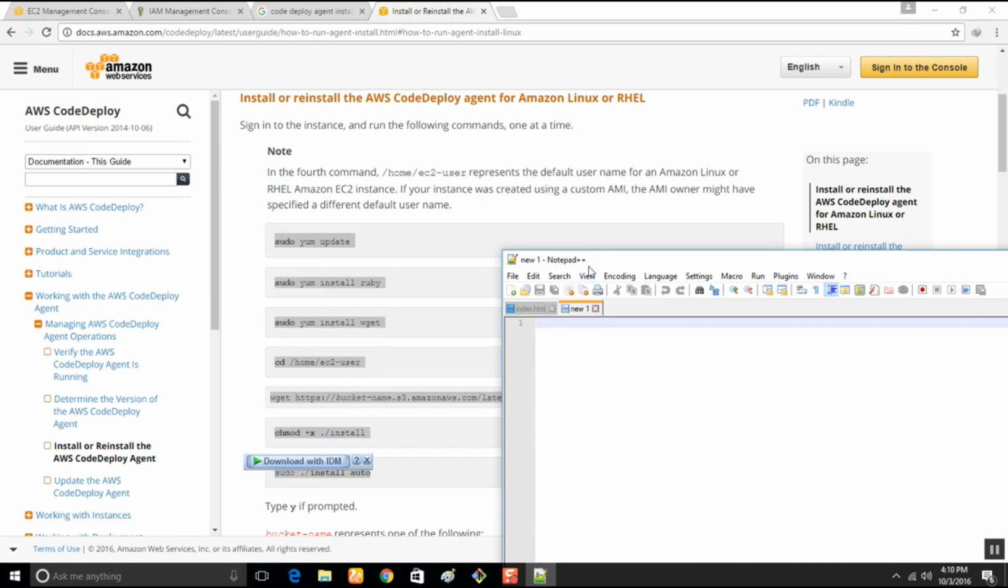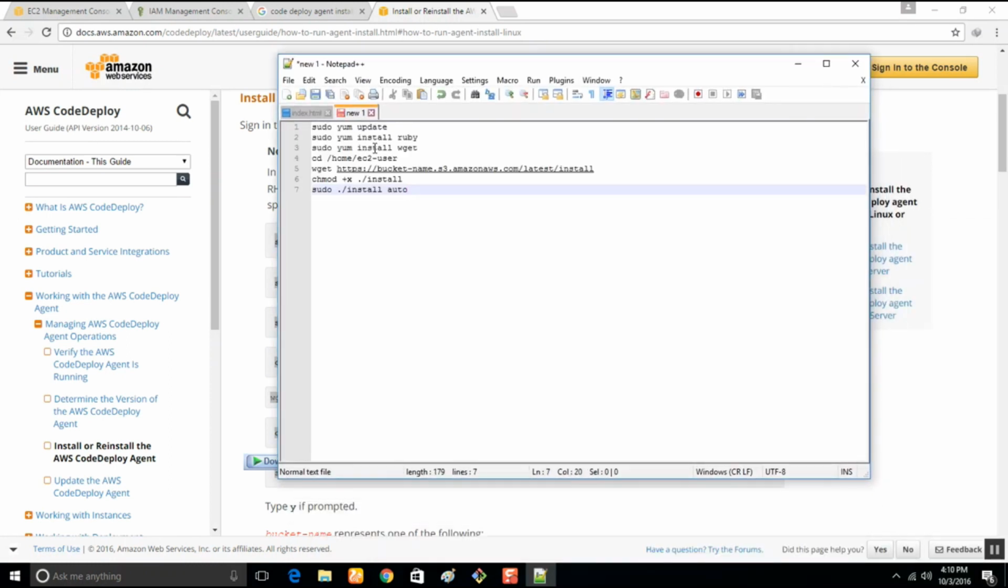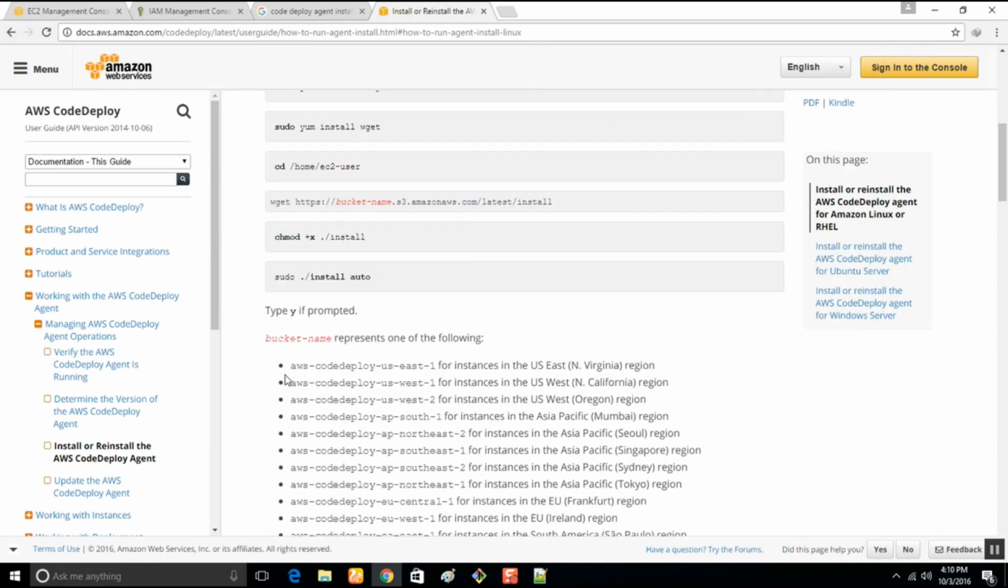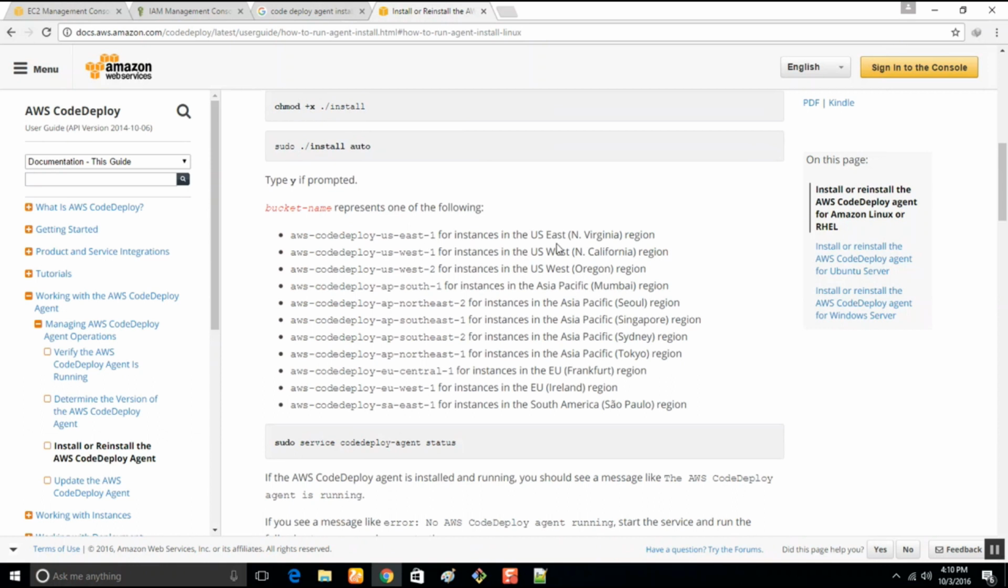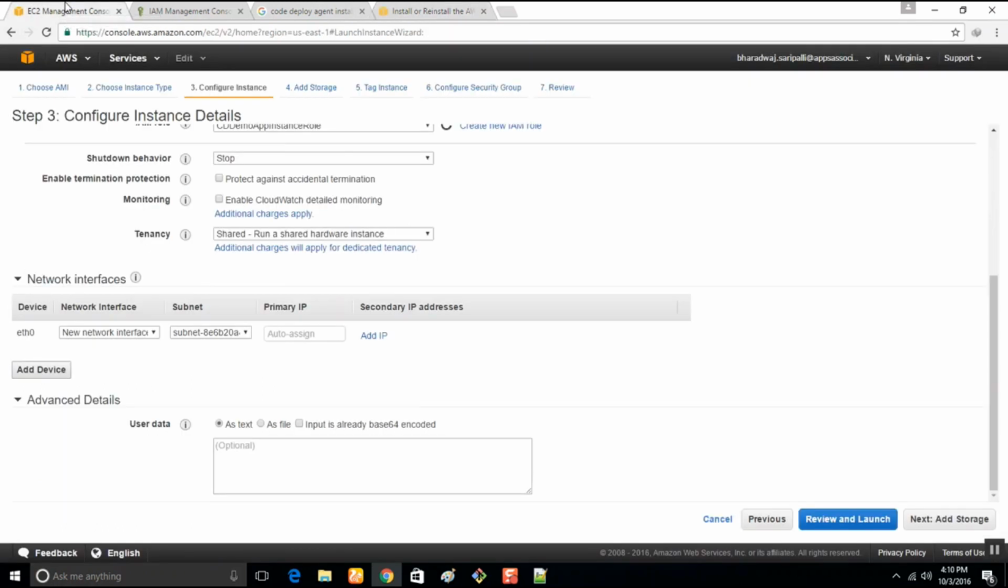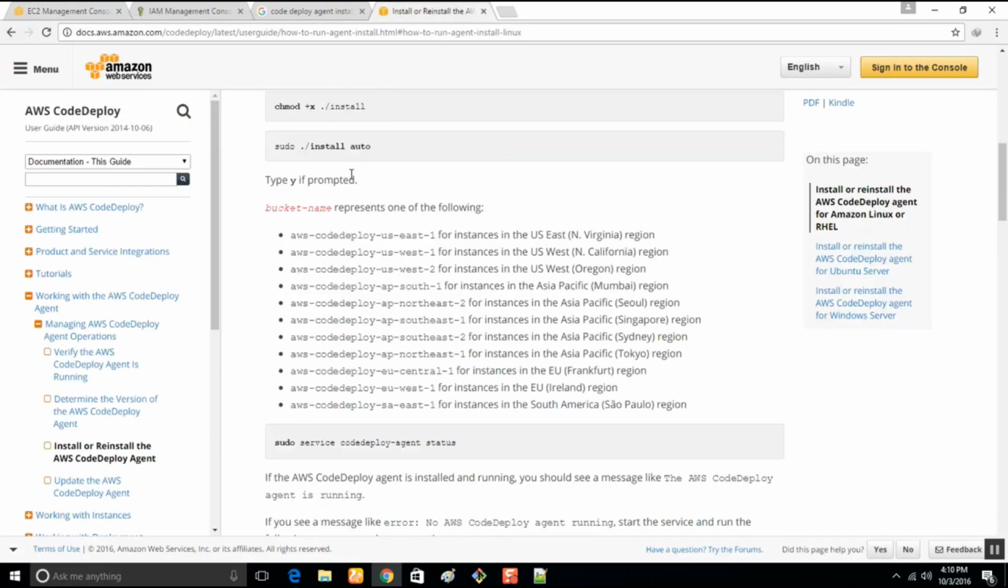Copy and paste. sudo yum update, sudo yum install ruby wget. We need to change the directory to home, and we need to get the bucket name. The bucket name depends on the region that we are in. For eu-north-1, the one which we are in, it is eu-north-1. Copy it